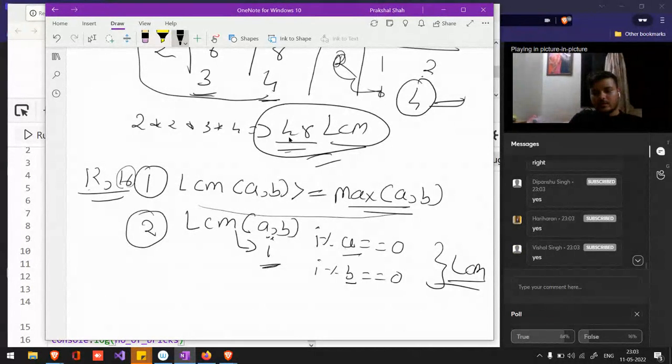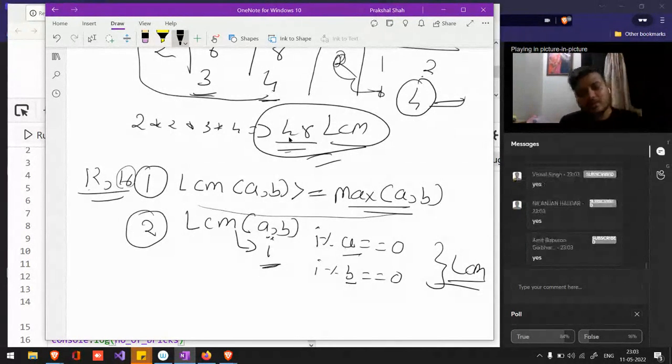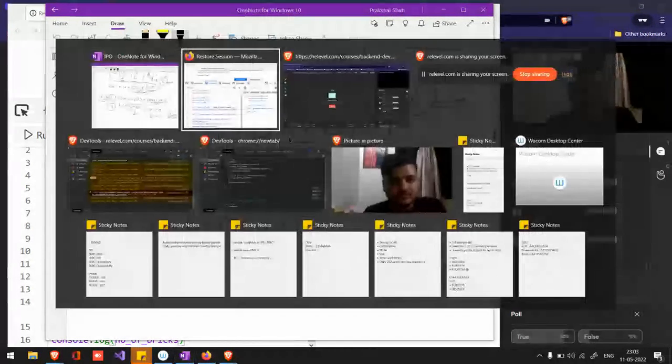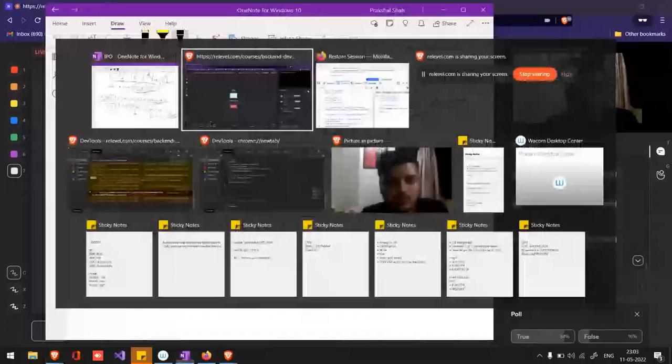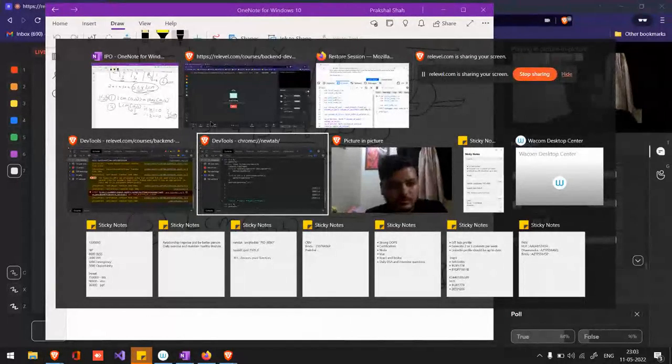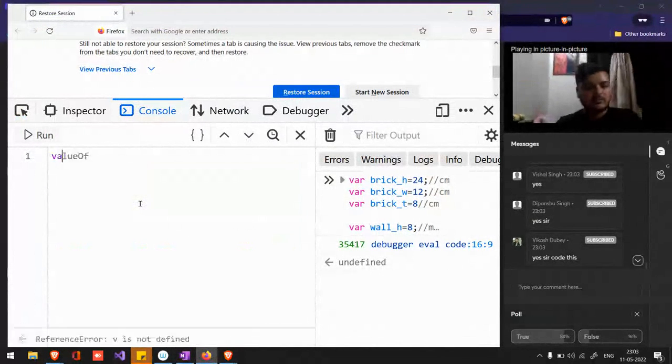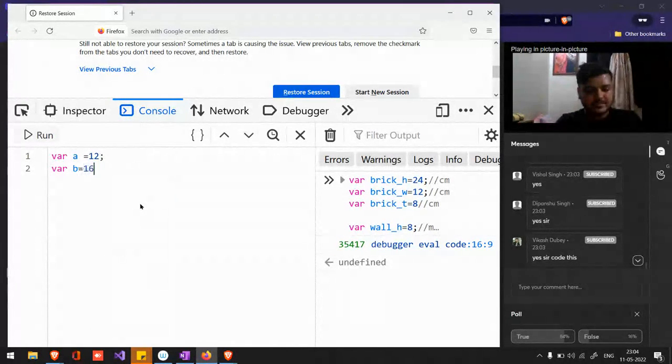Okay, cool. So can we code this now? Yes. Okay, so I'll just take my first number as equals to 12, right? The second number would be 16, as I have already taken in my example. Now if I want to find my maximum, remember we have used the